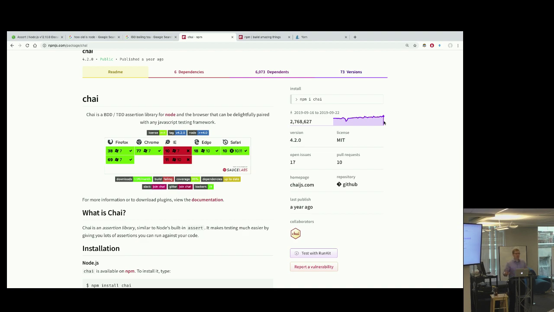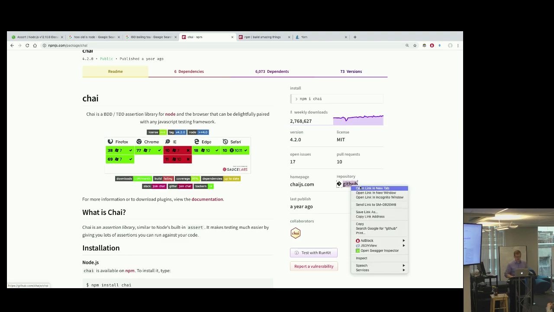Someone else has already reported them to the dev team, and they've been squashed. If we open this up and it said 27 times a week, we might be like, let's look for another package. That might be fun for a side project, but that's not what we're going to use for right now. You can also link through to their GitHub repo,